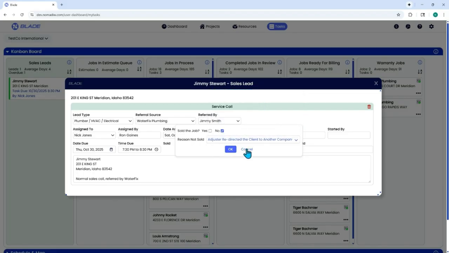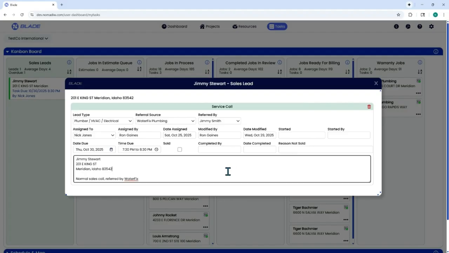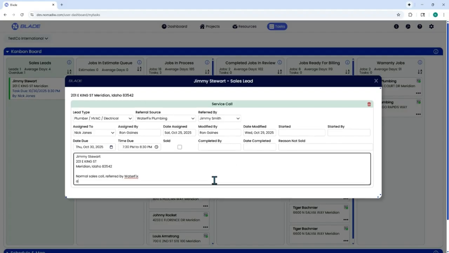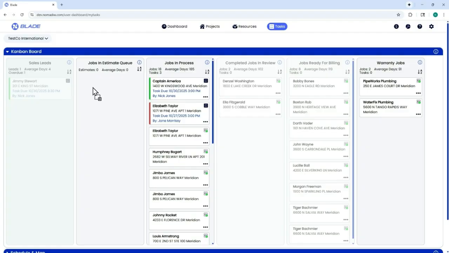Blade manages all this data so you can run reports on sales conversions by referral source and sales associate. Customize your own reasons why leads are not sold in the General Input section of Account Settings. The second way to complete a sales lead task is to simply drag the tile to the appropriate production lifecycle